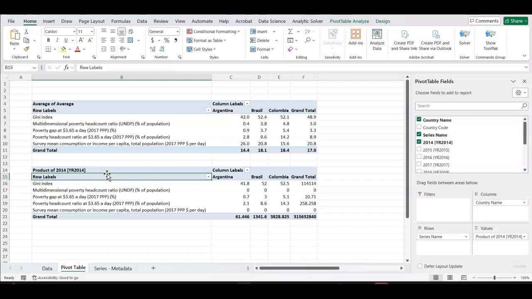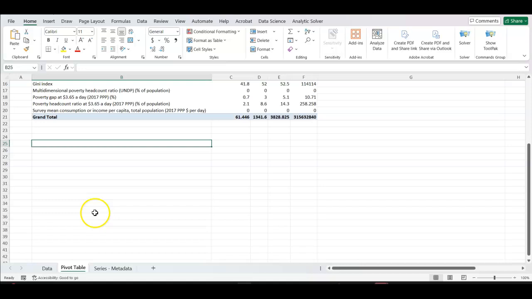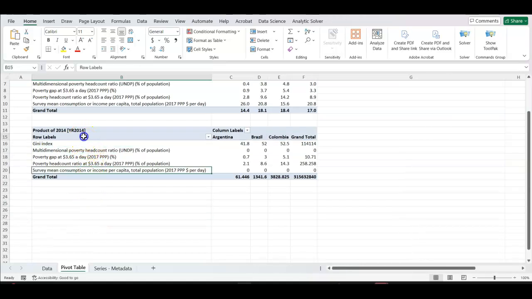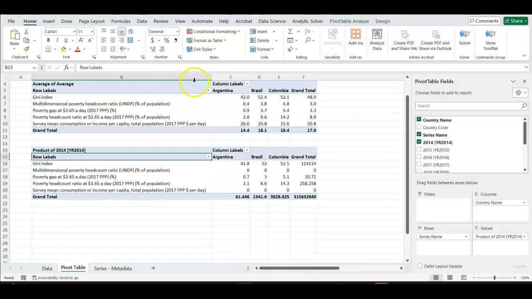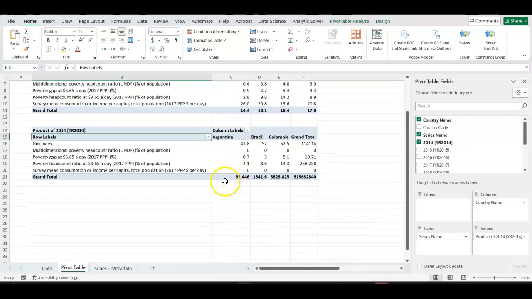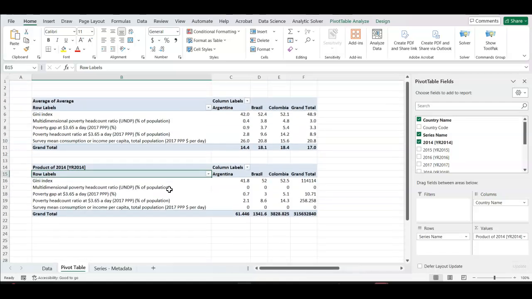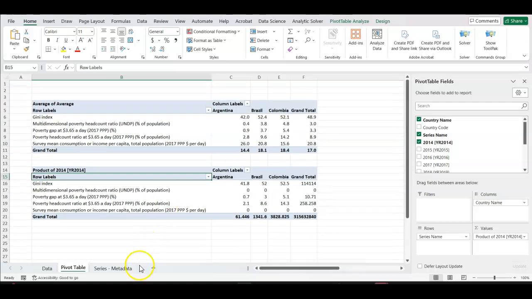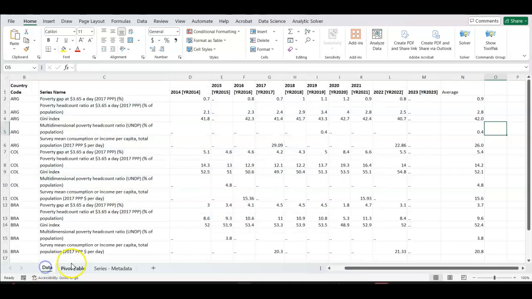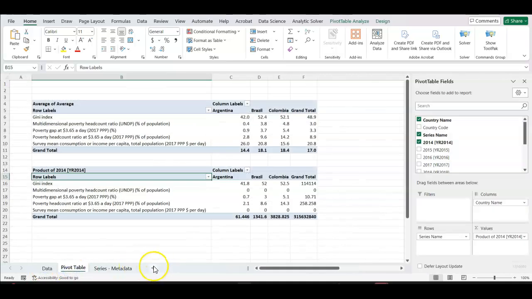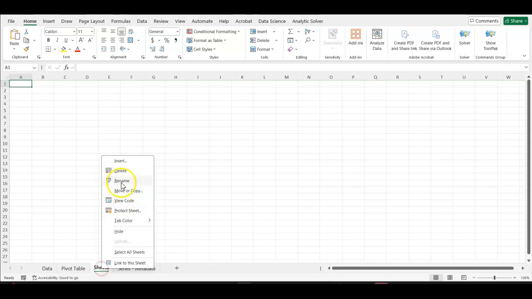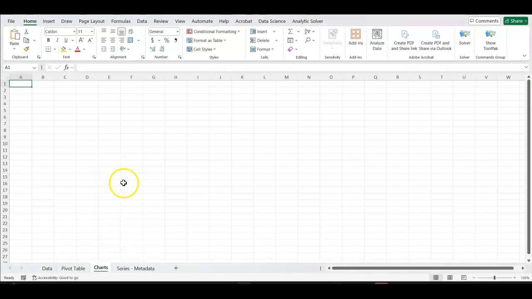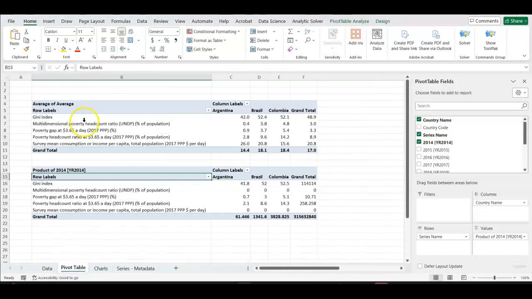So I'm expecting you to develop like 10 pivot tables here, and maybe one per year, or one with an average and the rest of them with years, so that you can use this information to compile the charts. So data is done, pivot tables are done, and now we can add a plus sign and we can rename and call it charts. So for charts, let's do the first chart could be, for instance,